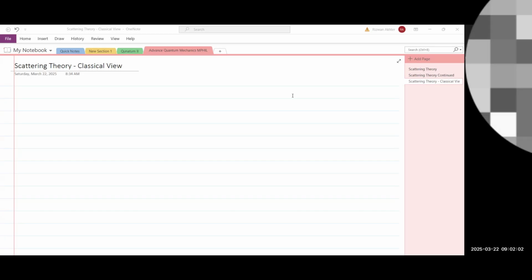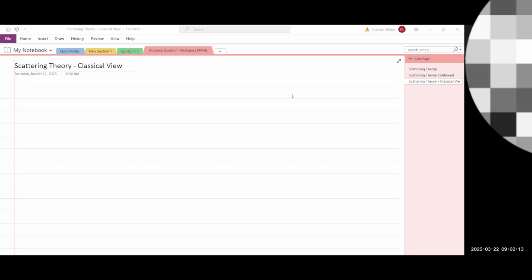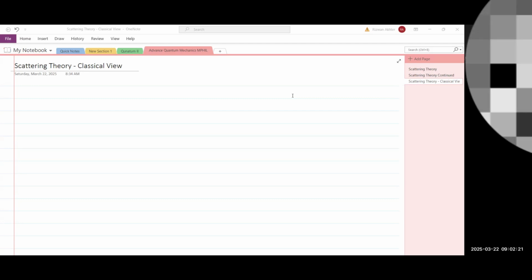Let's continue with our last discussion on scattering theory. What we will do today, we basically ended last time with the impact parameter. The impact parameter is the perpendicular distance from the target site. So today we will develop